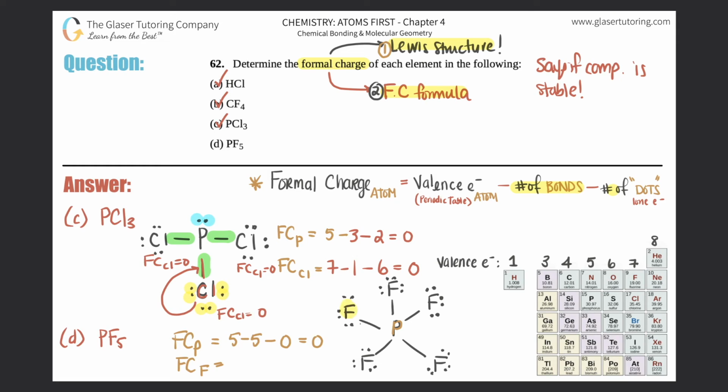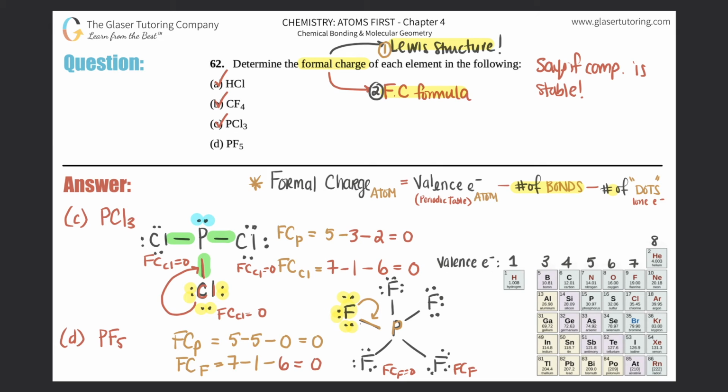And then let's do it for one fluorine. We'll do this fluorine over here. So fluorine has a valence electron of 7. So you start off with 7. So 7 minus. How many bonds does fluorine have? Now in this case, you can only look at the fluorine. So fluorine is only bound to one bond. So that would be minus 1. And then minus, how many dots? 1, 2, 3, 4, 5, 6. So minus 6. And you get 0,